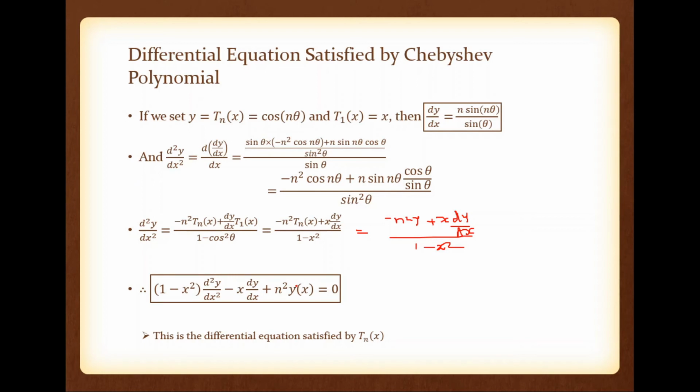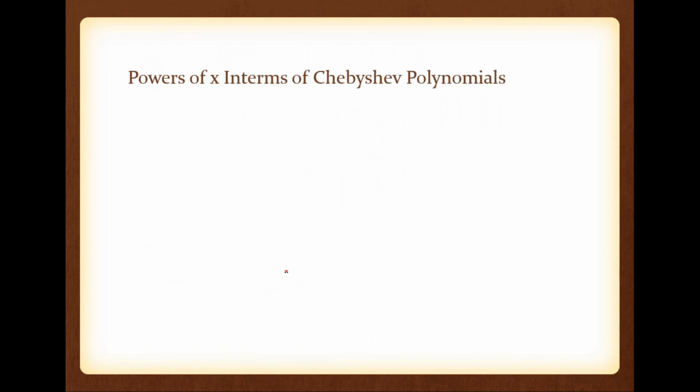So now what we did, we explained what is a Chebyshev polynomial. Now we discussed the recurrence of Chebyshev polynomial, means we have T0 of x equal to 1, T1 of x equal to x, and by using these two we can find the remaining Chebyshev polynomials. Similarly, we can replace x with Chebyshev polynomials also. That is also possible. So that is our next topic, powers of x in terms of Chebyshev polynomials.